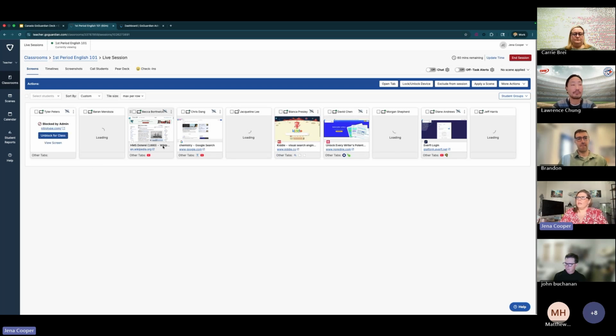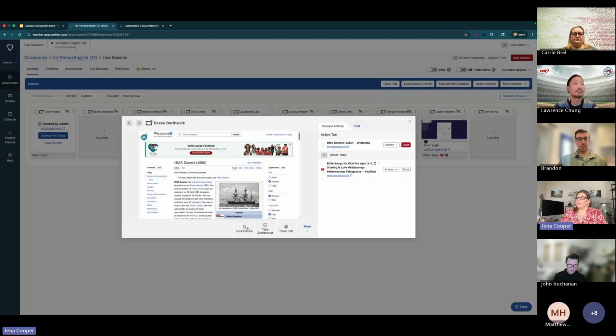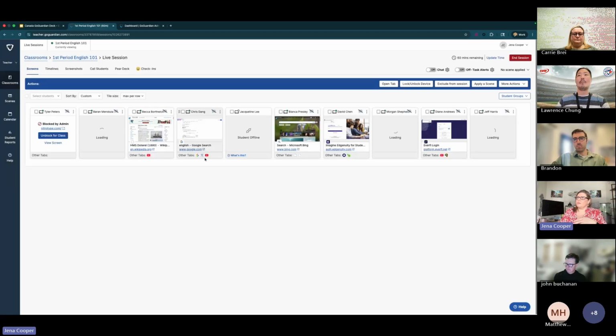And I can see what my students are doing. I can see where they are. I can close tabs, open tabs. If I've forgotten to send my students to a certain website, I could send the entire class to a website all at one time to save time. And so we can monitor those screens. We can even close tabs directly from here. Hey, you're not supposed to be on typing.com right now. And I can close that for that student. So you can do everything from right here on this front and center screen.